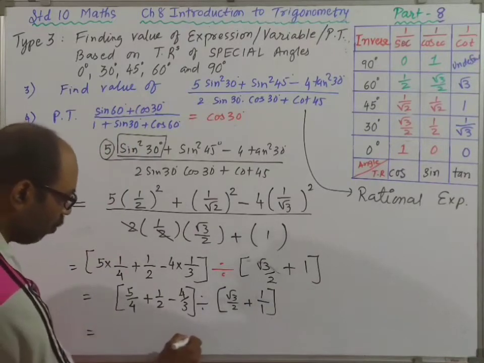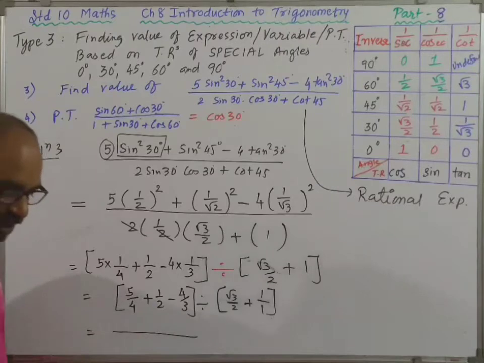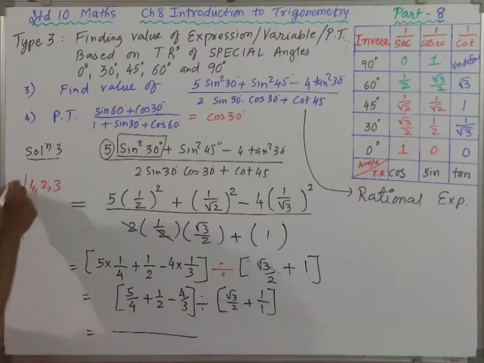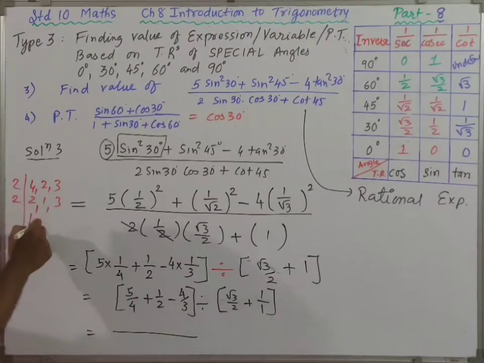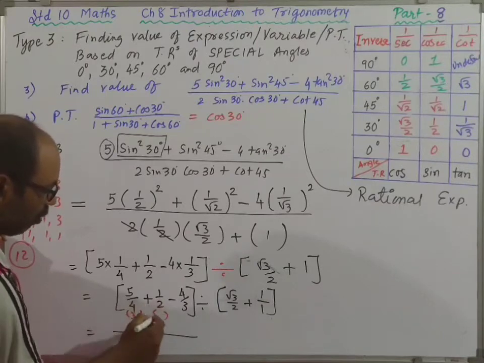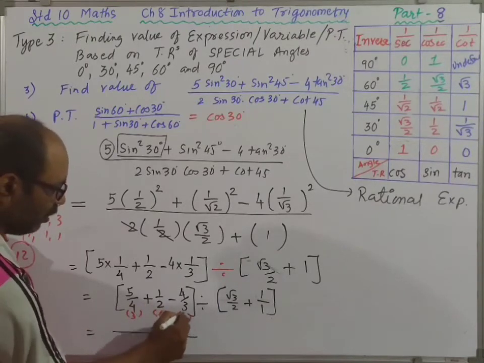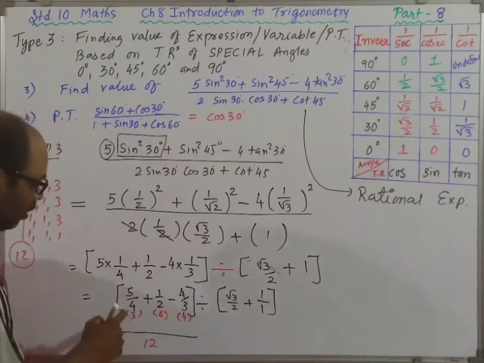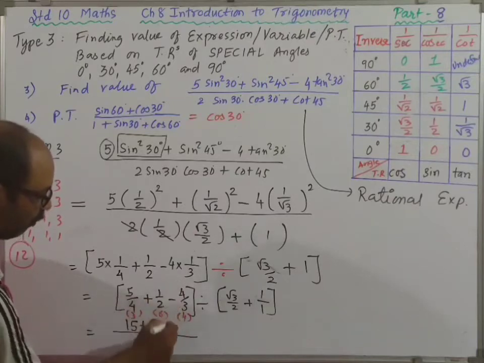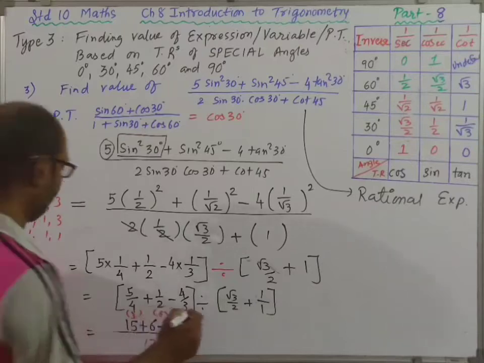That is equal to, what is the LCM? 4, 2 और 3 का LCM क्या है? Actually it is 12, but I am showing you. 2 2s are 1s are 3s are 2 1s are 1 and 3s are 3 1s are 1s are 1s are 2 2s are 4, 4 3s are 12. So LCM is 12. Correct? Chalo. 4 into what is 12? 3. 2 into what is 12? 6. 3 into what is 12? 4. And now this 3 into 5 is 15 plus 6 into 1 is 6 minus 4 4s are 16. So what you are getting?